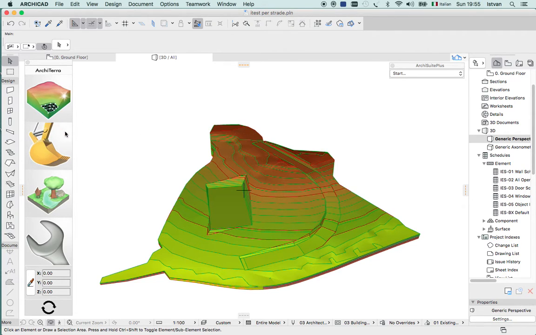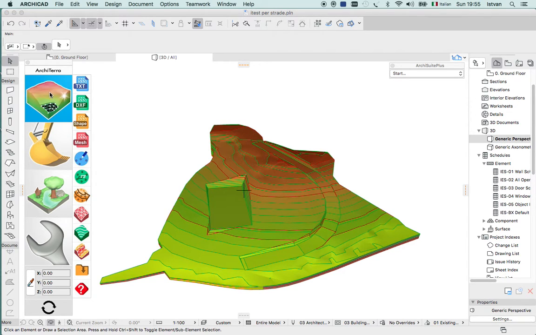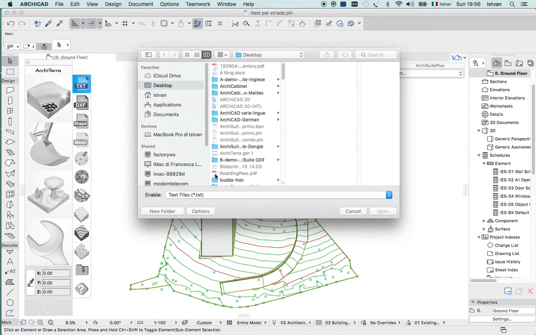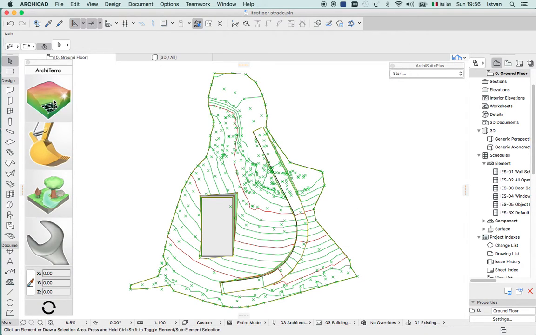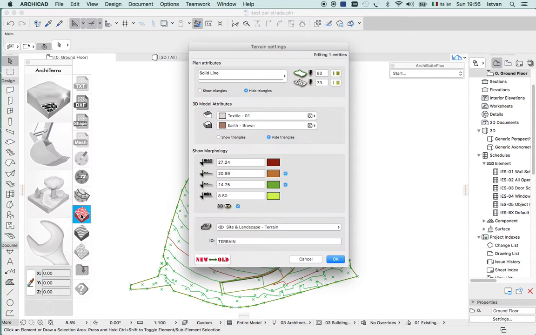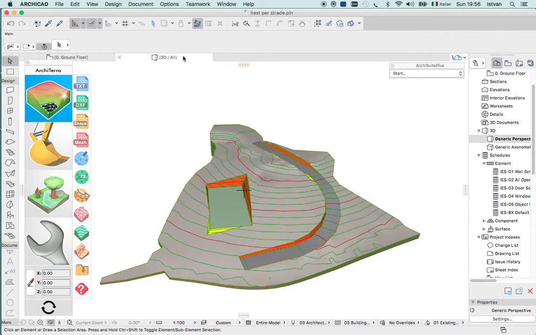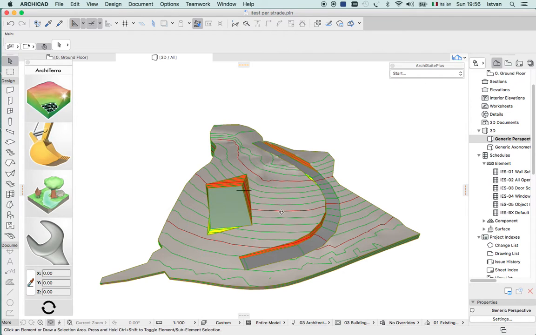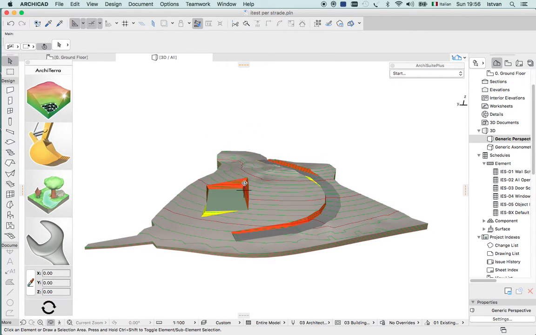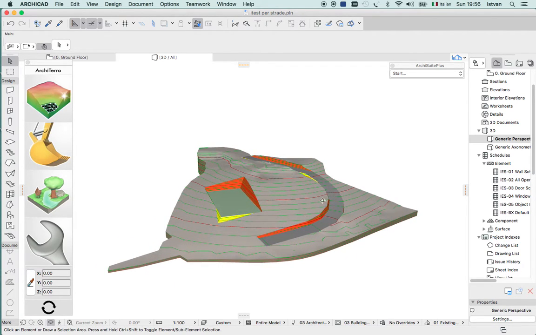Okay, we see maybe better the way of the road if we eliminate here the colors. Let's go to the dialog box. Okay. And here we see that it shows the cut in red and the fill in yellow, also on the road. It calculates the height always where we put the point. If we want to rise the road a little bit, then we have to